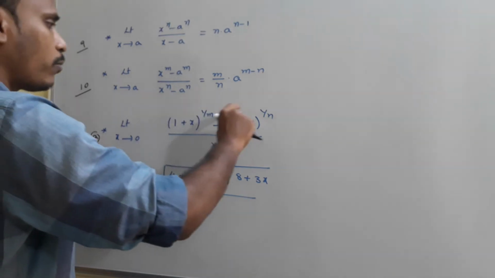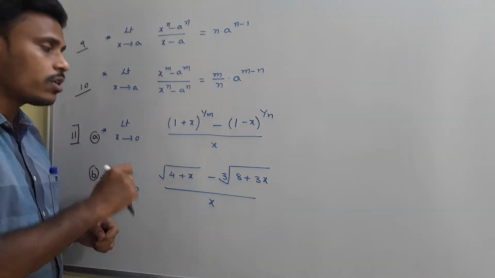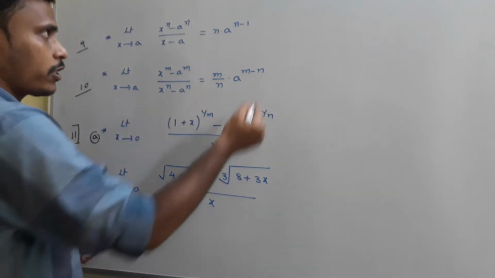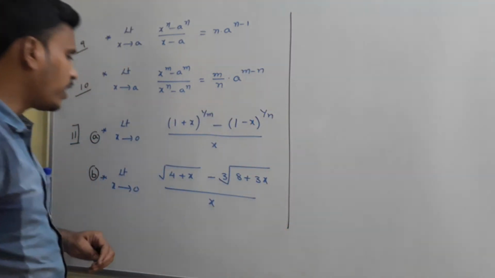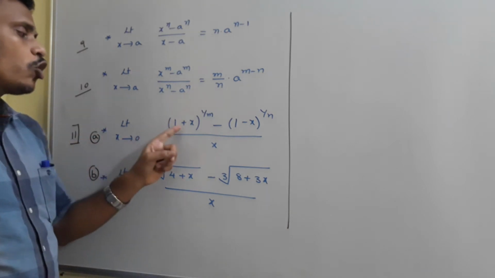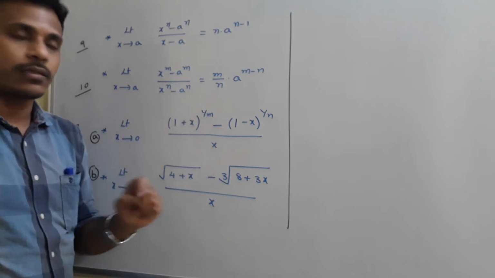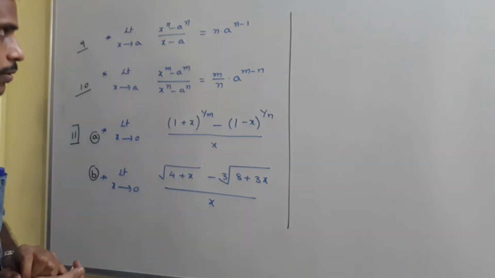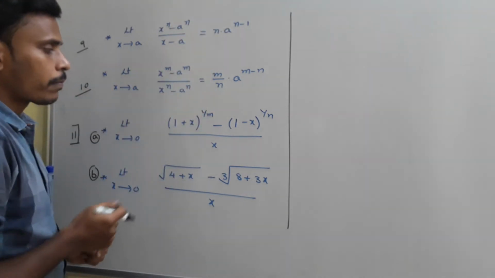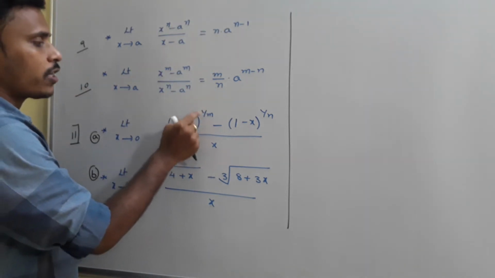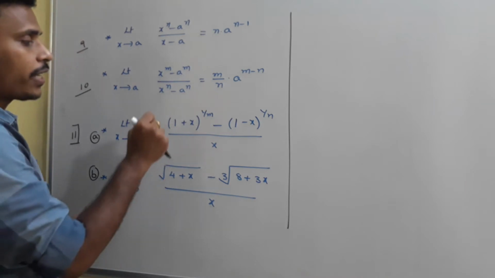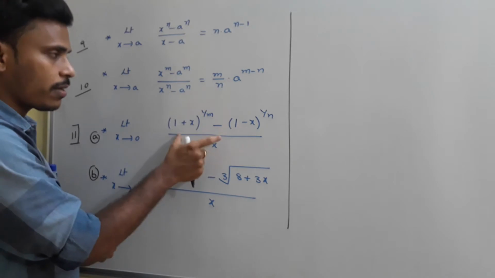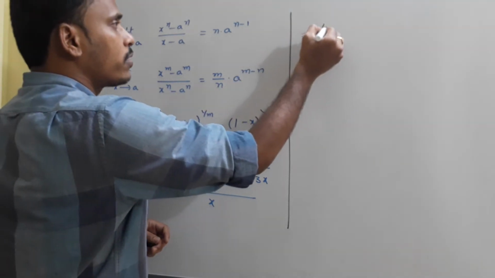First of all, I will discuss 11a, and we need to use this 11a again as a formula in different situations. Here I am going to derive it. Just look there: the limit as x tends to 0 of ((1 plus x) to the power 1 by m minus (1 minus x) to the power 1 by n) divided by x. What I do is, I just subtract 1 and add 1 in this numerator. This is the problem, and I will consider the problem in such a way.